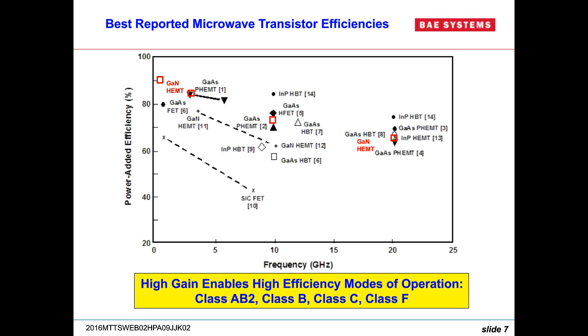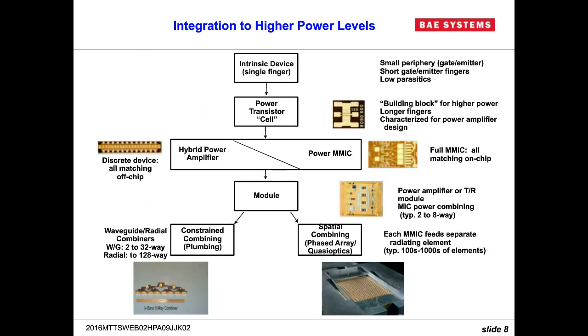I'd also like to emphasize on this view graph that these are little hero devices, very small devices tuned up by a technician or engineer in the laboratory to get the ultimate in performance, and probably the device even went south before the test was over. And that's a lot different than the derating we have to do in the real world to realize a real amplifier. This is how you take that little device shown as intrinsic device at the top and get to the power levels that we need to get to make a real power amplifier.